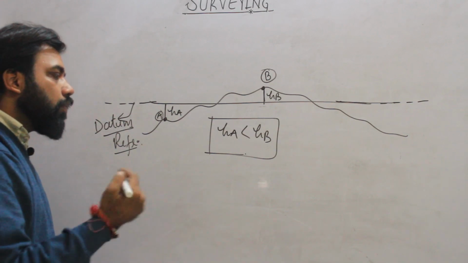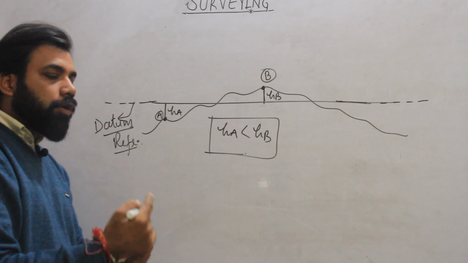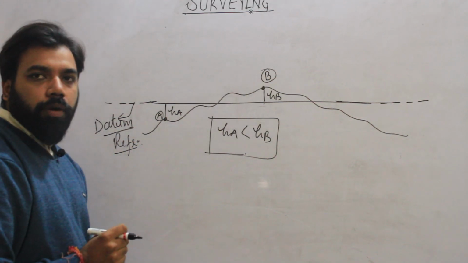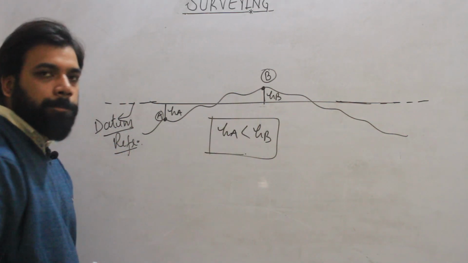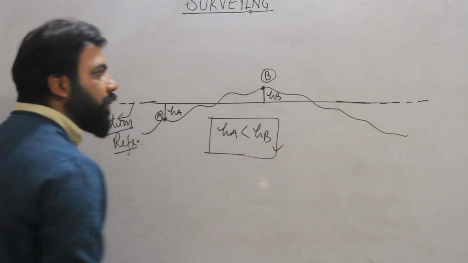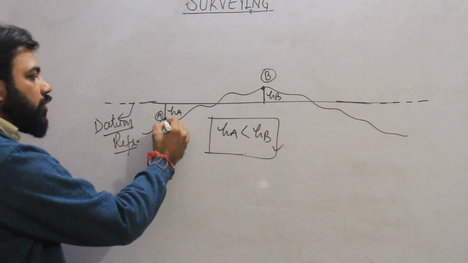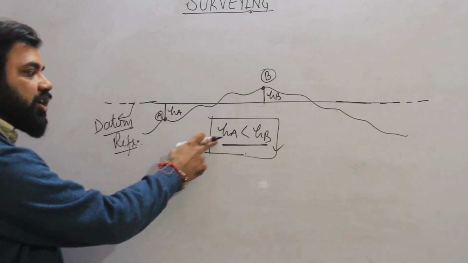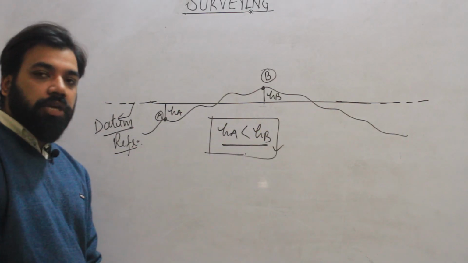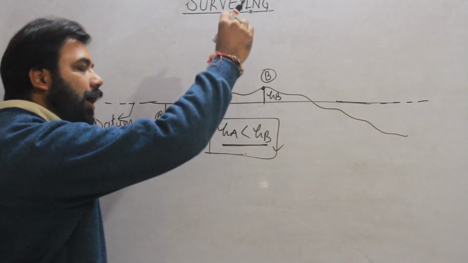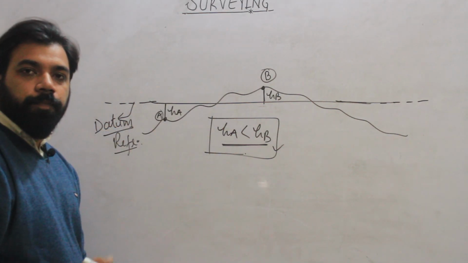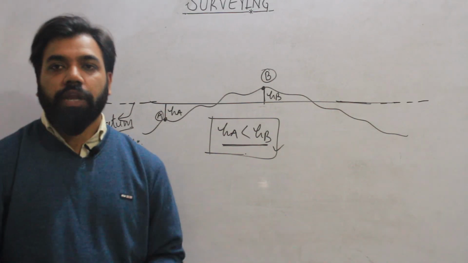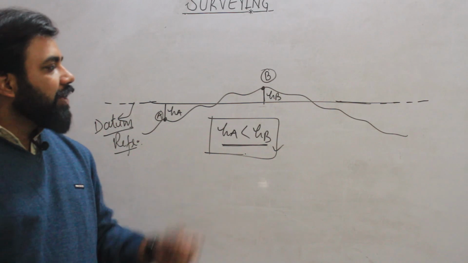Okay, so how will we conclude this? Suppose I drop a water droplet here at point B, so what will happen according to this relation? It will move toward point A. Why? Because we have already mentioned a relation that HA is less than HB. So water will move from the higher point to the lower point. Okay, but now we will see whether this relation is practically valid,